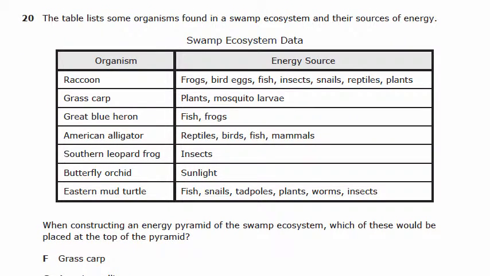Number 20. The table lists some organisms found in a swamp ecosystem and their sources of energy. Organism, energy source: raccoon, frogs, bird eggs, fish, insects, snails, reptiles, and plants. Grass carp, energy source, plants and mosquito larvae. Great blue heron, energy source, fish and frogs. American alligator, energy source,